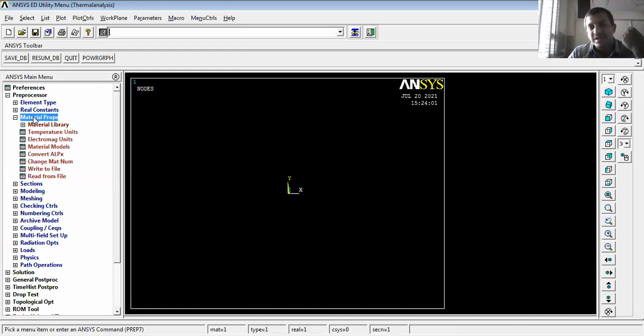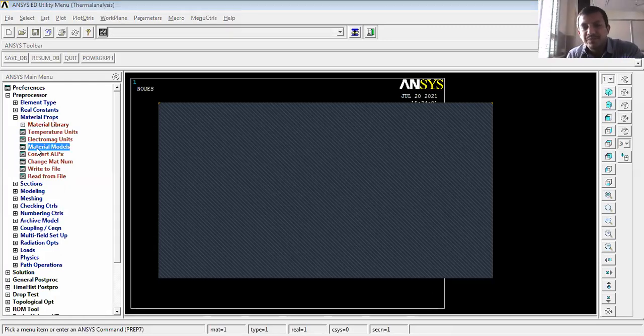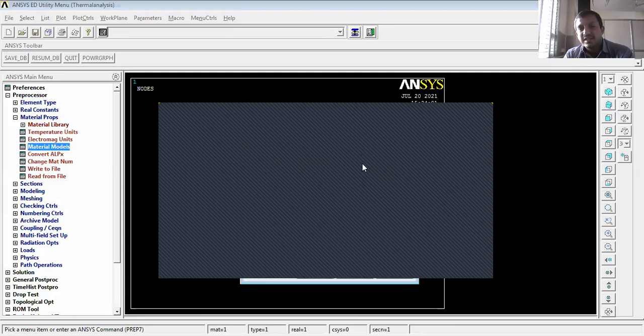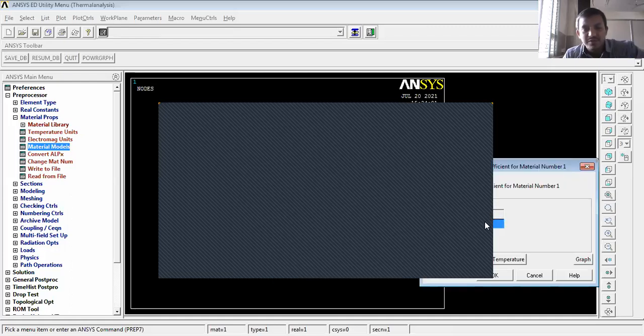Next, go to material properties, then material model. Now, how many materials are there here? Total, how many materials are there? Now, this slide is not visible on our screen, so I will go for it here. First, material number 1. In material number 1, thermal. What mode of heat transfer takes place here? Convective. That means we go for convection or film coefficient, double click, then enter that H1 value. What is the H1 value? 6. Is it right?